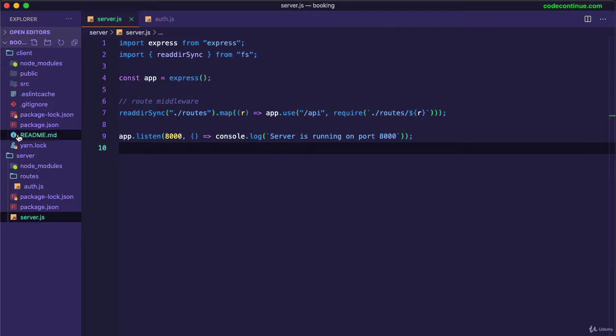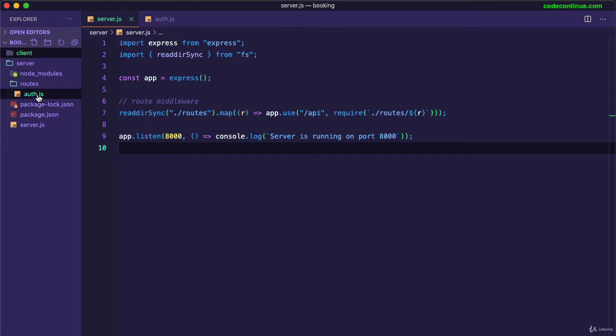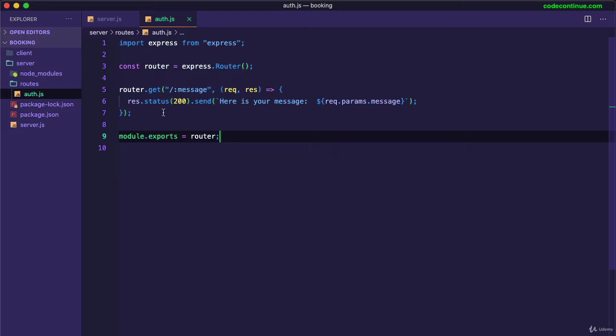Now let's go to our routes file here, auth. You can see we have just one route here, but as our application grows, you will have many routes here. And here at the moment we're doing pretty much nothing, right? We're just sending this message, which is just one line of code. But as your application grows, you might have so many things to do here, so it can grow to 10-20